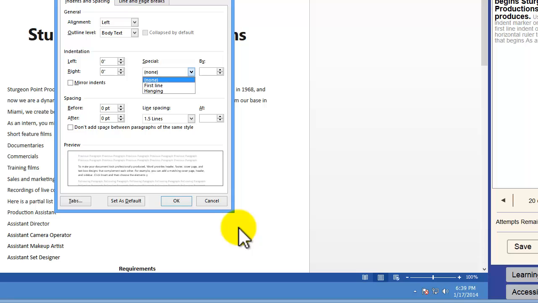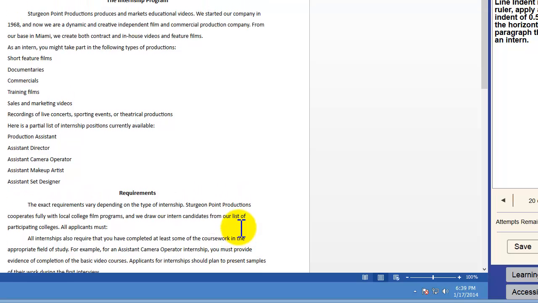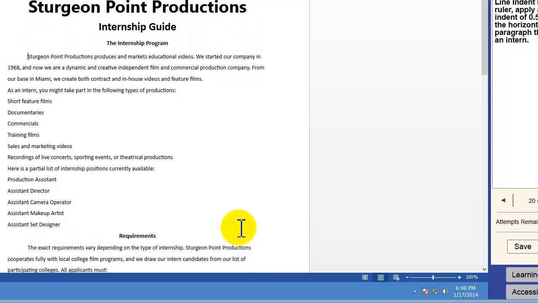Instead, I'm going to go here, first line by 0.5. This way, only the first line of the paragraph will have 0.5 inch indentation. Okay, that got it right. Using the first line indent marker on the ruler,